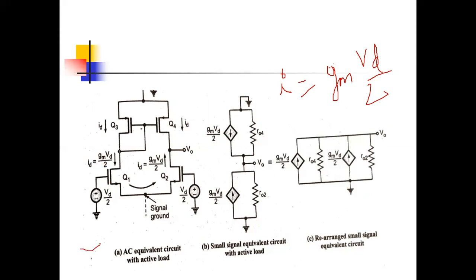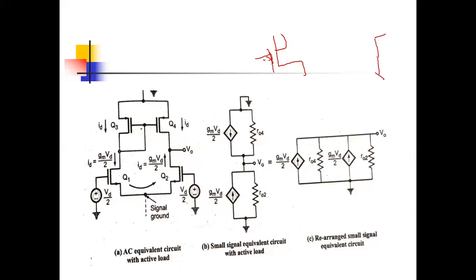This is the circuit. For calculating the output voltage, we have to draw the small signal model. But we don't need to draw the whole circuit, because we are getting the output at the second side, so we'll draw the small signal model of this side only. Okay. So you know, for a MOSFET, what is the circuit at the output side? Simply a current source. If you remember the small signal model of the MOSFET, there was gm into vgs, a current source.